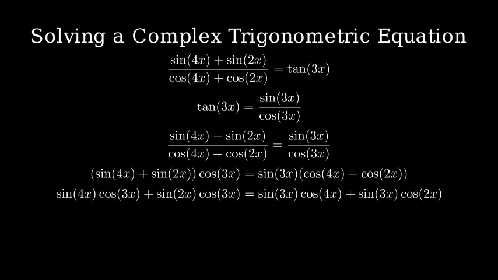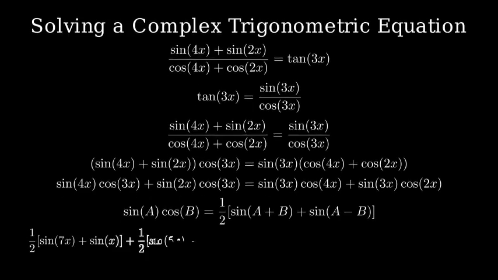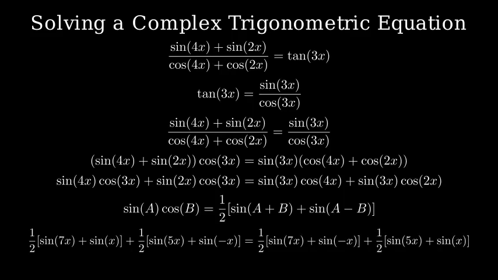Now let's use the trigonometric product to sum formulas. Recall that sine a cosine b equals 1/2 times the sine of a plus b plus sine of a minus b. Applying these formulas to each term, on the left side, we get 1/2 times the sine of 7x plus